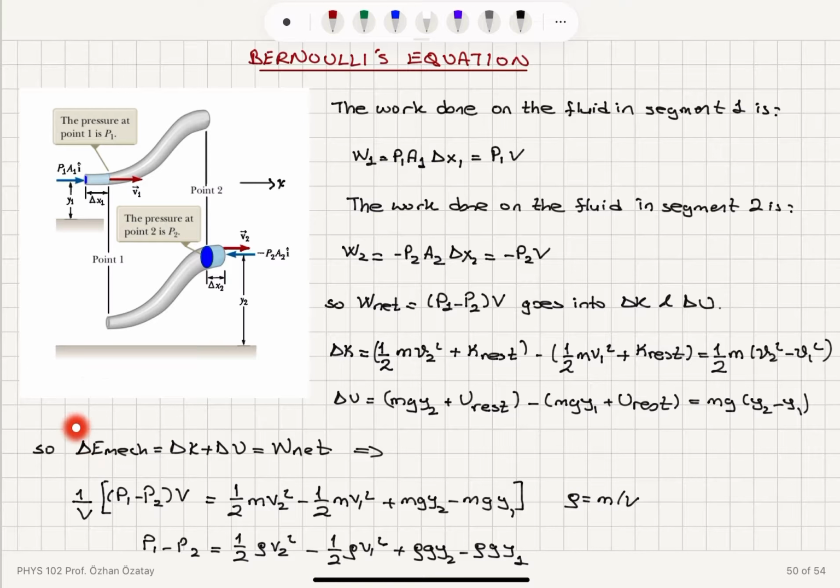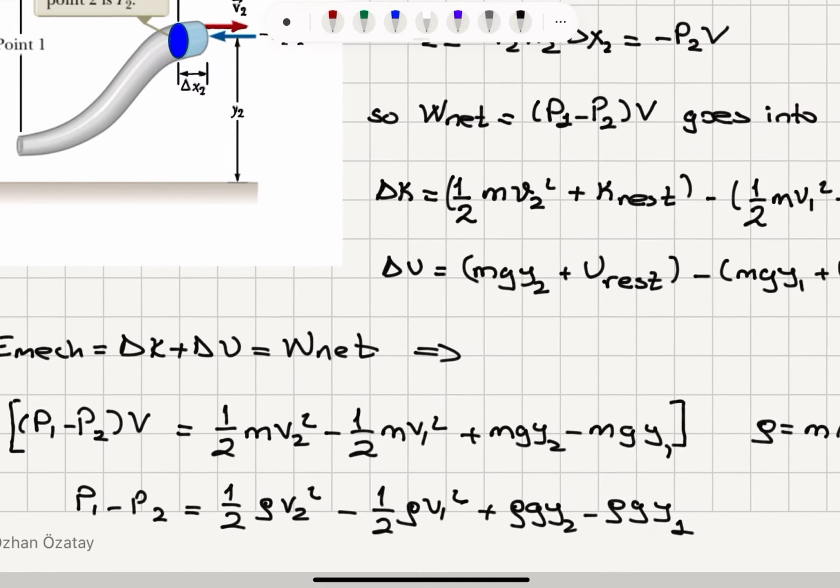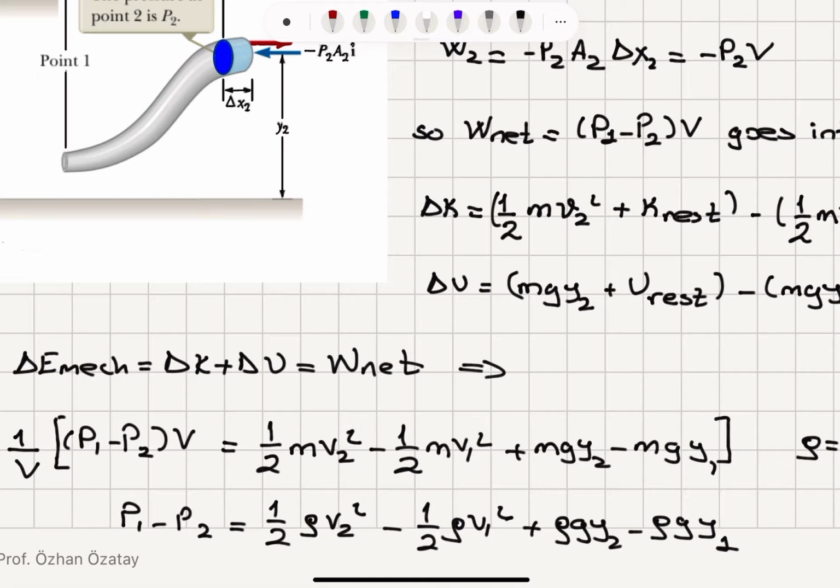Okay, so the change in the mechanical energy, delta K plus delta U, the change in kinetic plus change in potential energy, is the net work done on this fluid in the pipe. So (P1 minus P2) times V, the net work done, is 1/2 m (v2 squared minus v1 squared) plus m g (y2 minus y1). If I write this energy equation and multiply it by 1 over the volume, I obtain